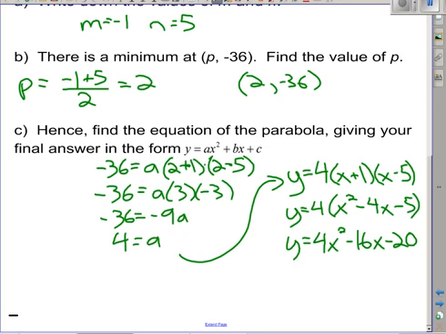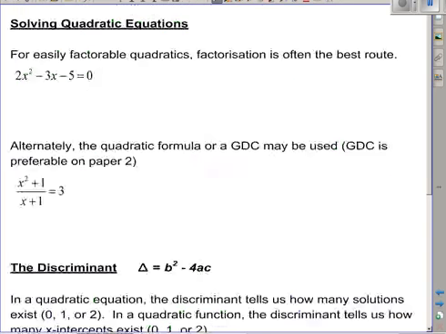Solving quadratic equations. This will definitely come up somewhere. For easily factorable equations, factoring's often the best route. This one here is a nice example. It's got prime numbers on either end. So you know to get a 2x squared, you're going to need a 2x and an x. If I'm going to look for it to work out to have a middle of negative 3x,